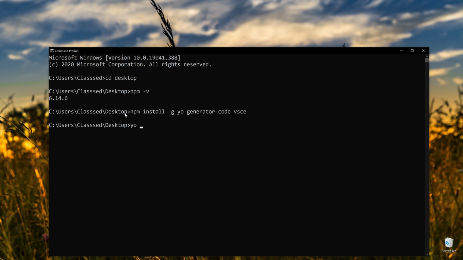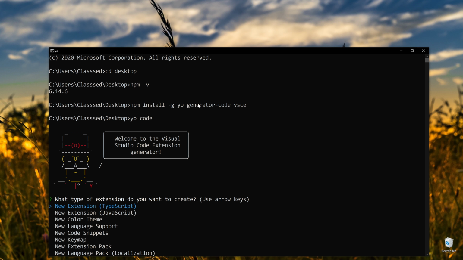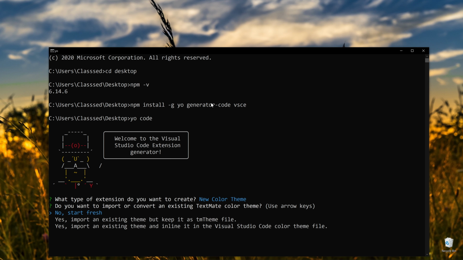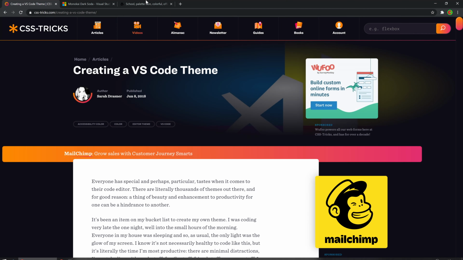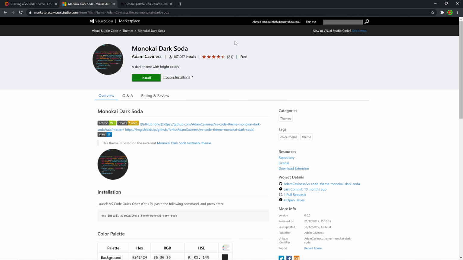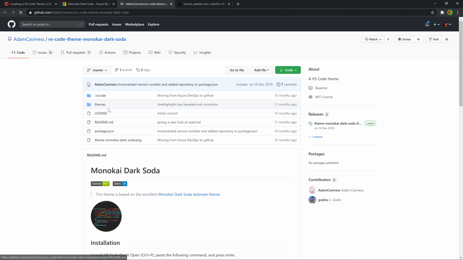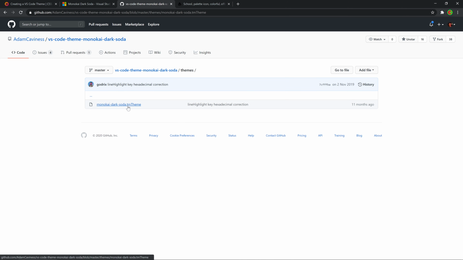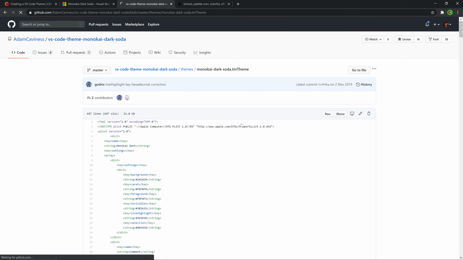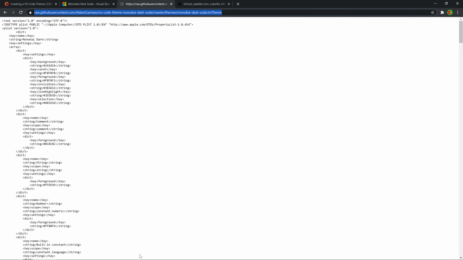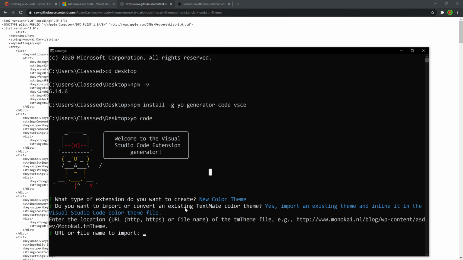Now to create our extension, we're only going to say yo code, and this utility will now ask us what type of extension this is. It's a new color theme, so go down to that and hit enter. You can start fresh and create your own completely custom theme, but I'm actually going to import from an existing theme, and this will be from this right here. Well, actually not this, this Monokai Dark Soda. Let's go to the git repo, go into the themes folder and grab this tmTheme file. So go to raw and copy this link at the top,